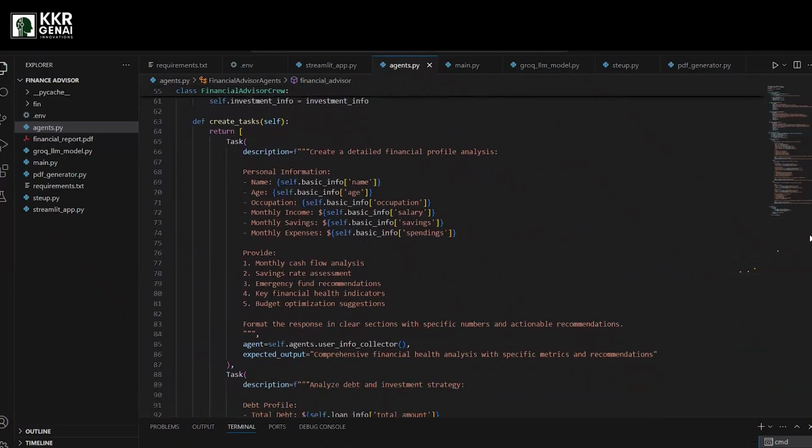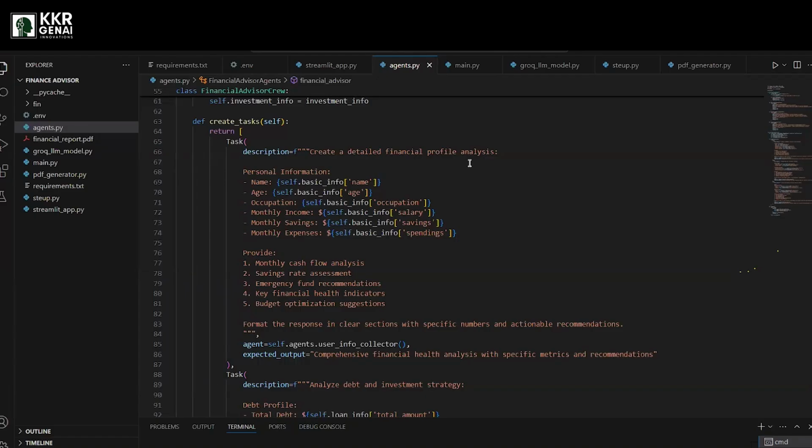And then when it comes to the tasks, we have created all the tasks that are required to be done by our agents. The first one is creating a detailed financial profile analysis. So this is very, very important.